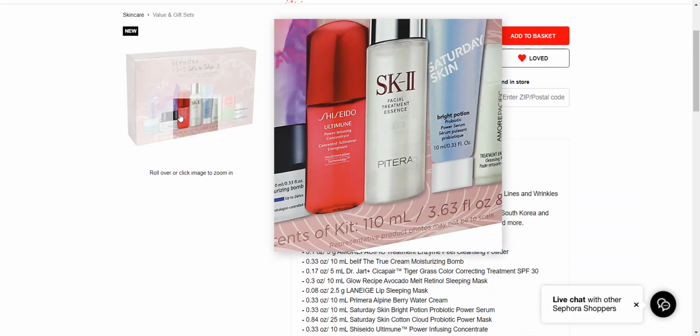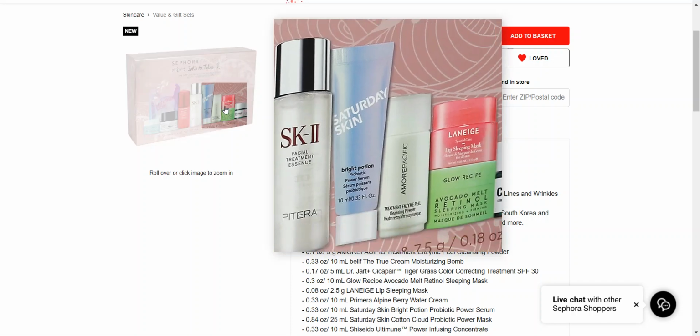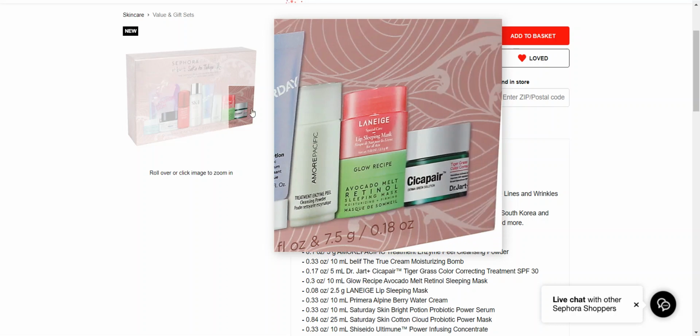It's a power mask, okay. Then you have a serum, that would be awesome. The enzyme peel, I think I might have a sample of that already. Lip sleeping mask is amazing. This retinol sleeping mask would be interesting. I would be interested in trying that. And then that Cicapair,